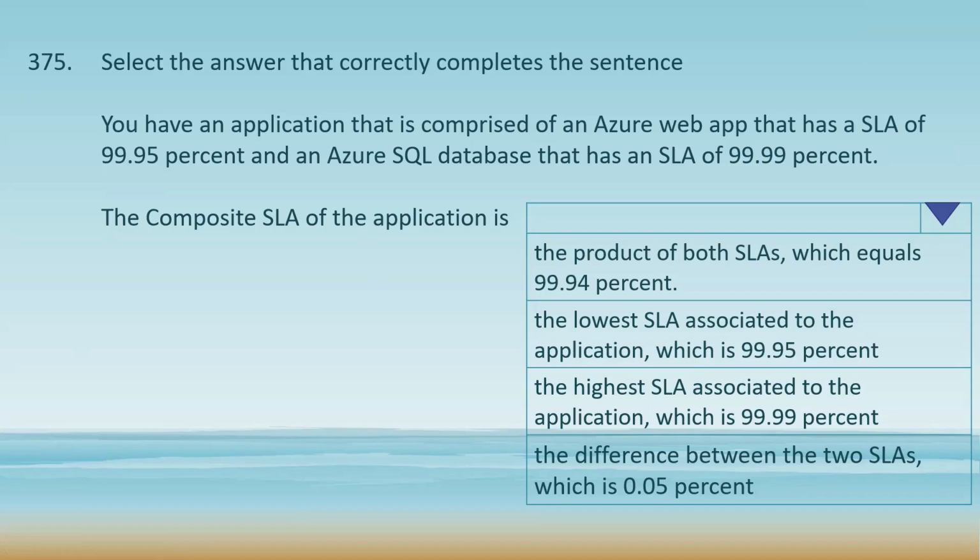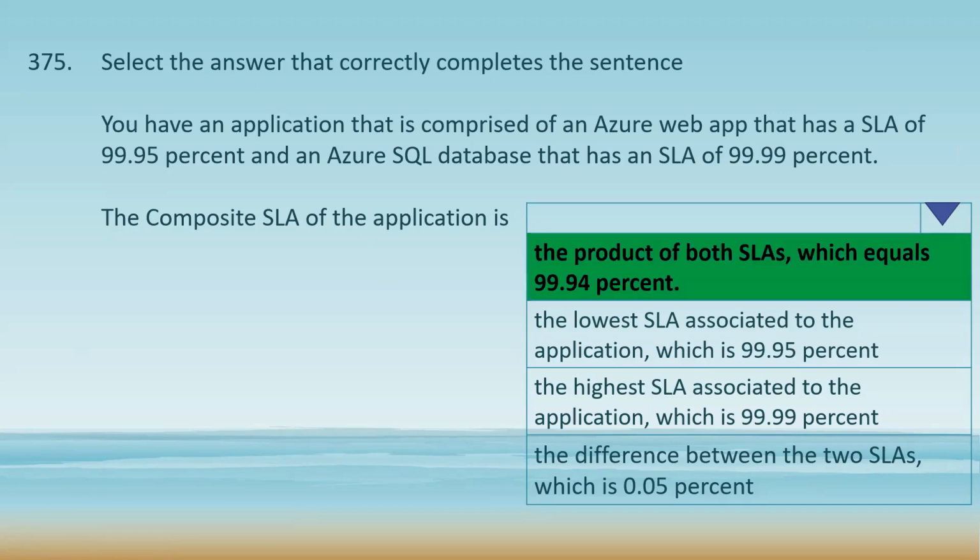You have an application that is comprised of an Azure web app that has a SLA of 99.95% and an Azure SQL database that has an SLA of 99.99%. The composite SLA of the application is, and your options are: the product of both SLAs, which is equal to 99.94%; the lowest SLA associated to the application, which is 99.95%; the highest SLA that is associated to the application, which is 99.99%;